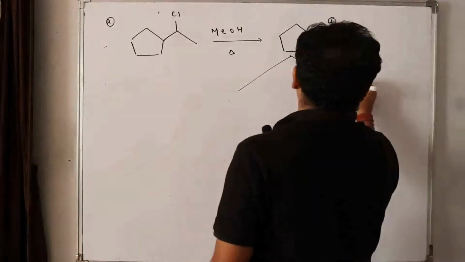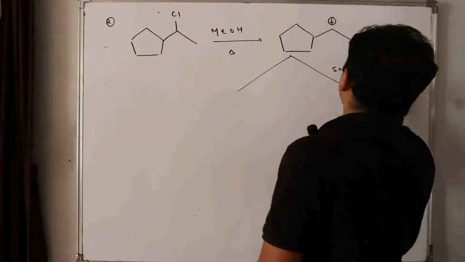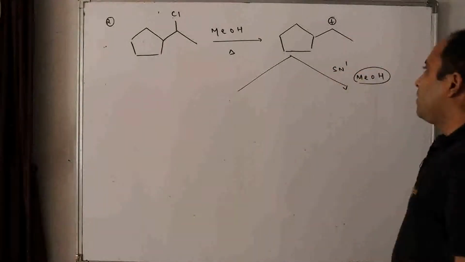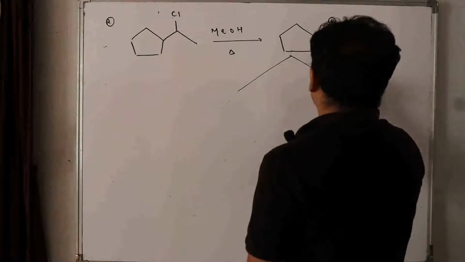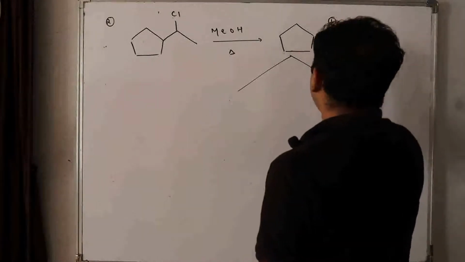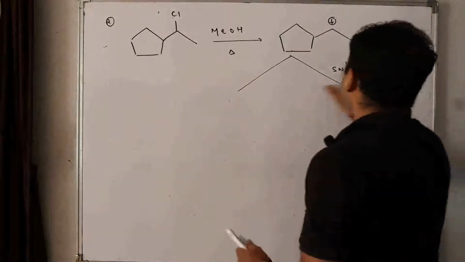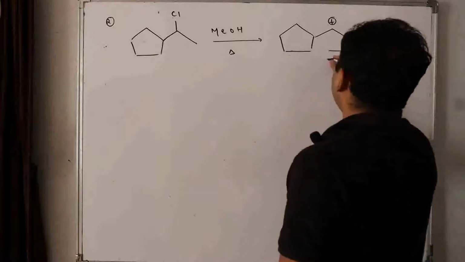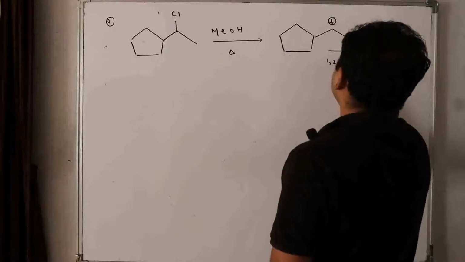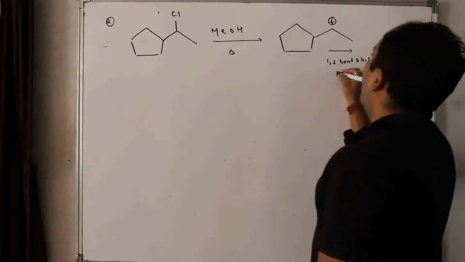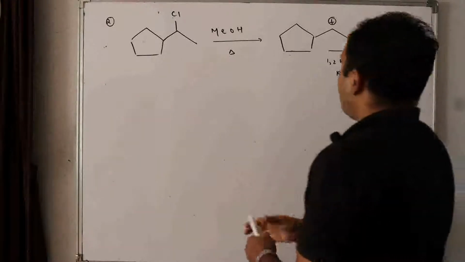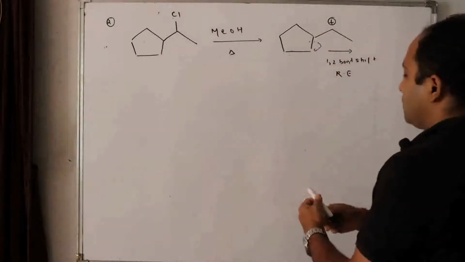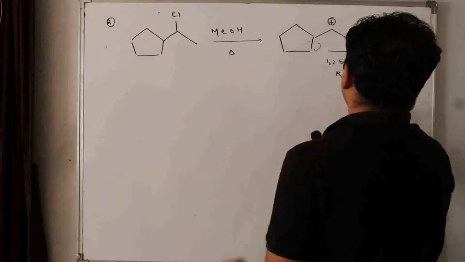First SN1 with a weak nucleophile. MeOH is a weak nucleophile, we discussed it. So what will happen with MeOH? Now SN1 means it can rearrange. Before going for SN1 or E1, let me rearrange it so that it will be easy for you. Can I rearrange this? Yes. How? 1,2 bond shift. It means it will go for a ring expansion. How will it go for ring expansion? Here this will come over here, making this negative and this one positive. So I will get something like this.